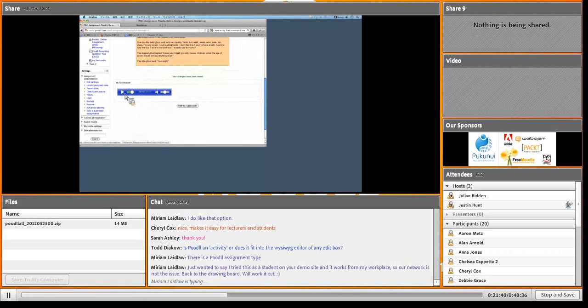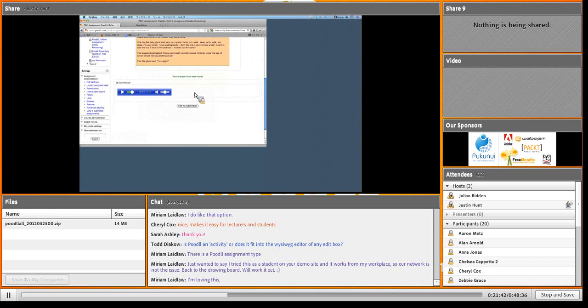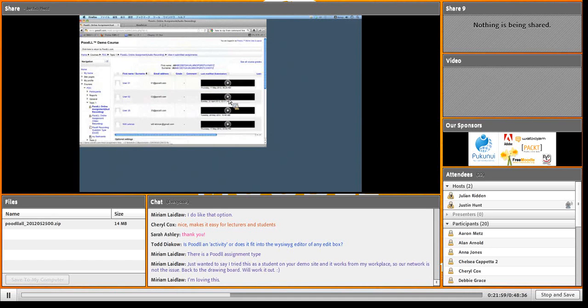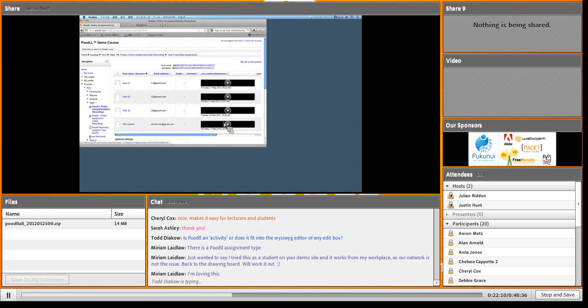Okay. So those are two assignment types. Well, one assignment type with two options, an audio or video recording option, and they are graded just as you would grade a manual assignment type, manual grading, essay assignment type, I guess. Look over here, you can see each of the recordings of the different users. Okay, the little splash screen, I'll talk about that in a minute, but that's to prevent browsers crashing when you have 30 or 40 players load on one screen.